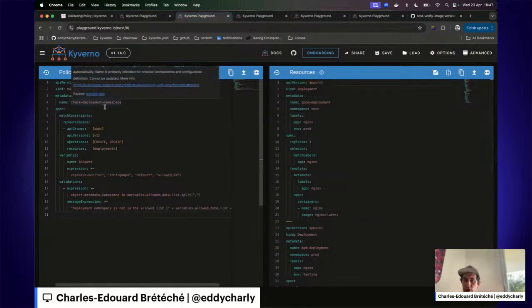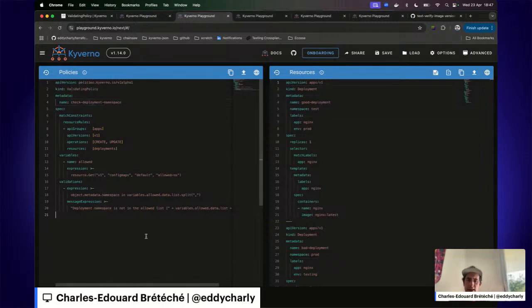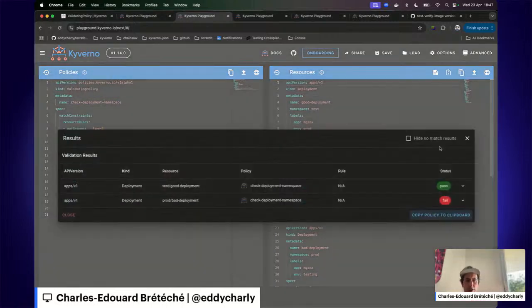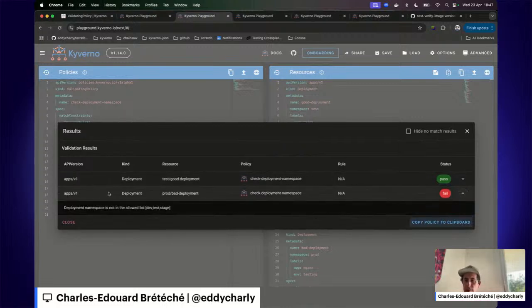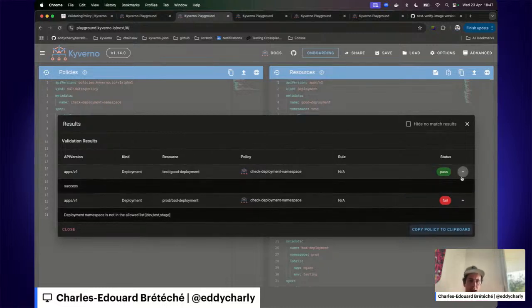And this one, for example, checks that the deployment is in a namespace that is allowed. So again, we have a bad deployment and a good deployment. And this time we can see that the deployment is not in the allowed list, whereas the first one is.